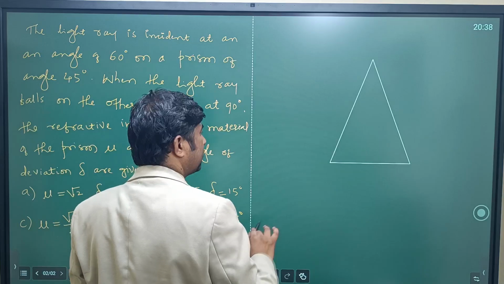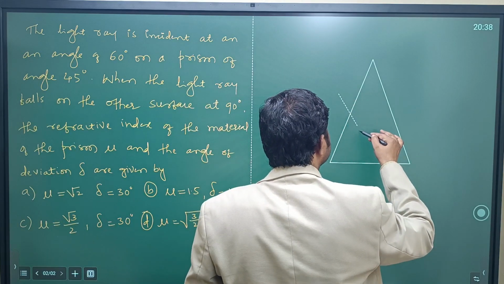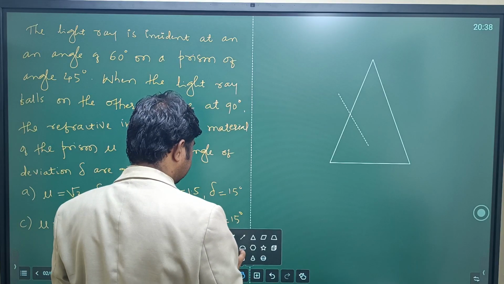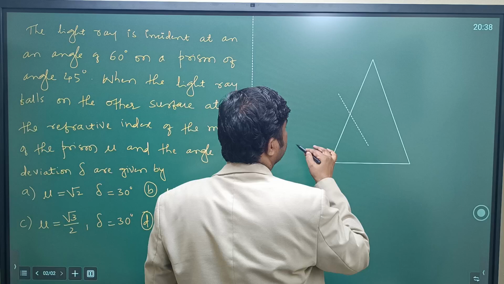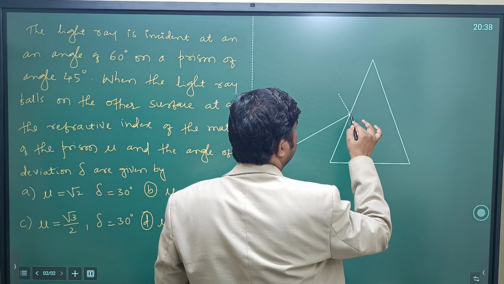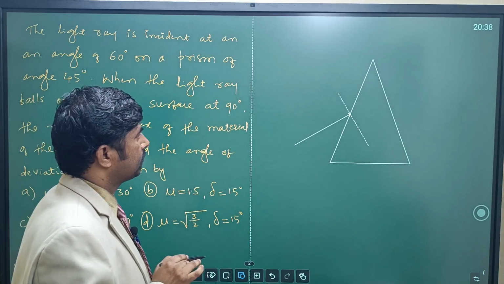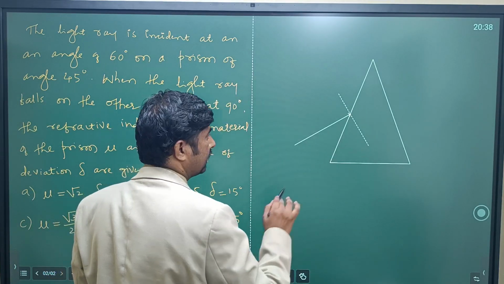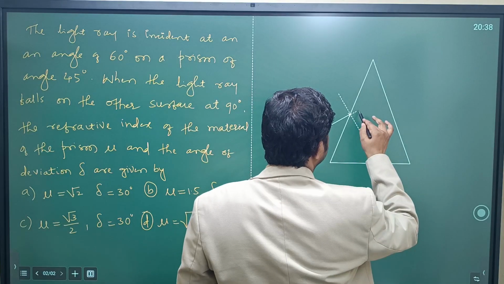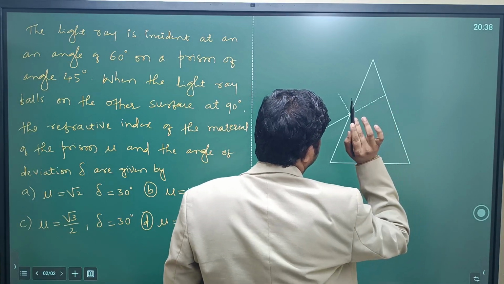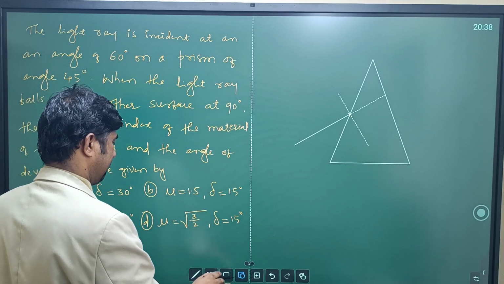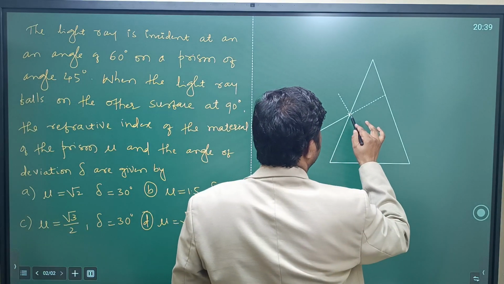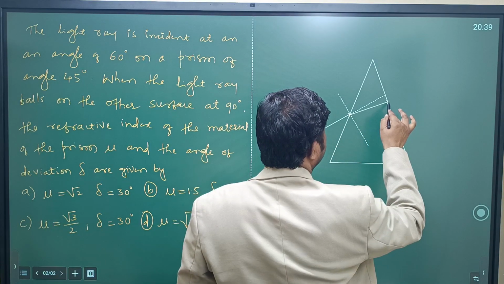And you can take normal to this surface, and here light is incident at an angle of 60 degree. Then further, this is the direction of light. Actually light has to go like this, but it is a little bit bending. How much is it bending? It just goes like this, like this, like this. Then it is normal to the